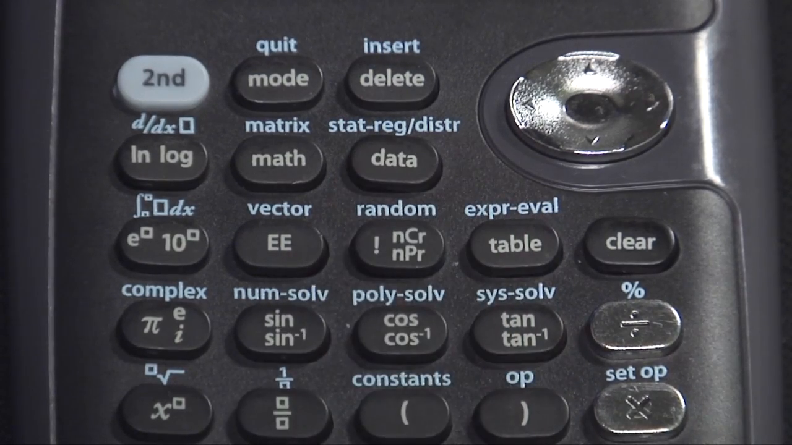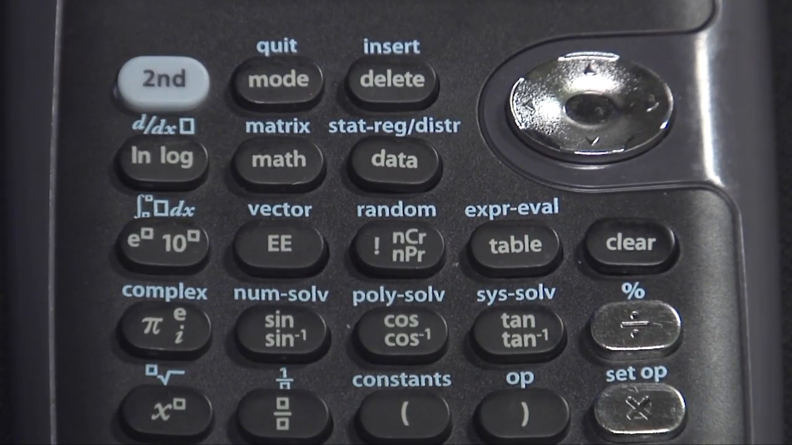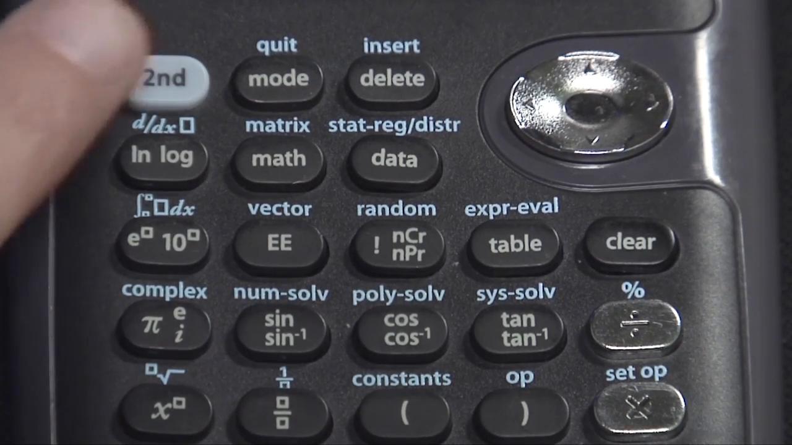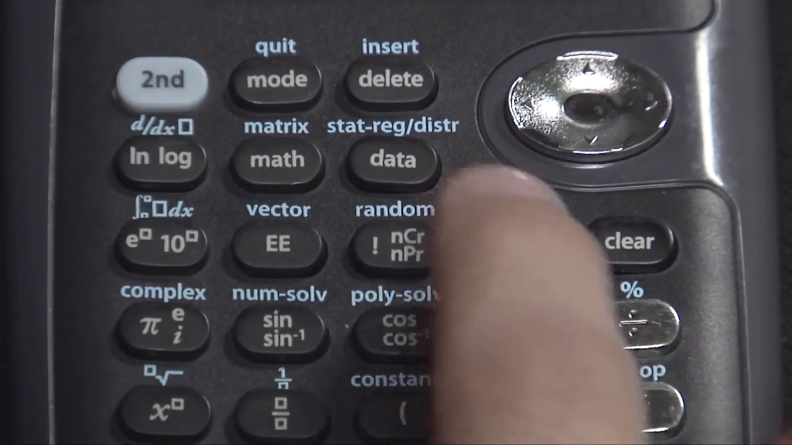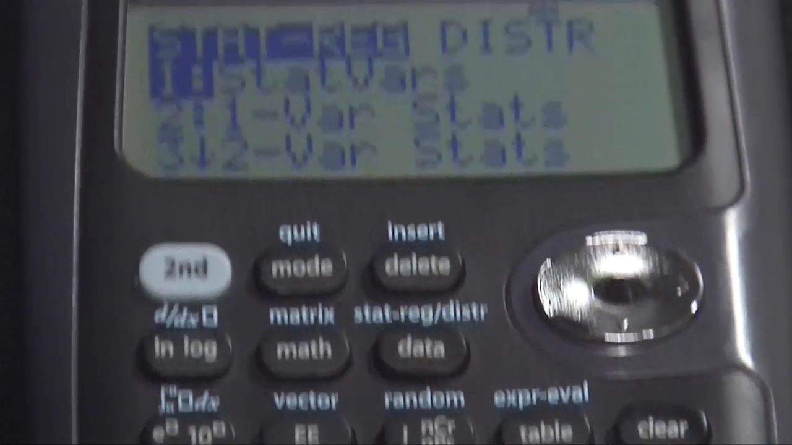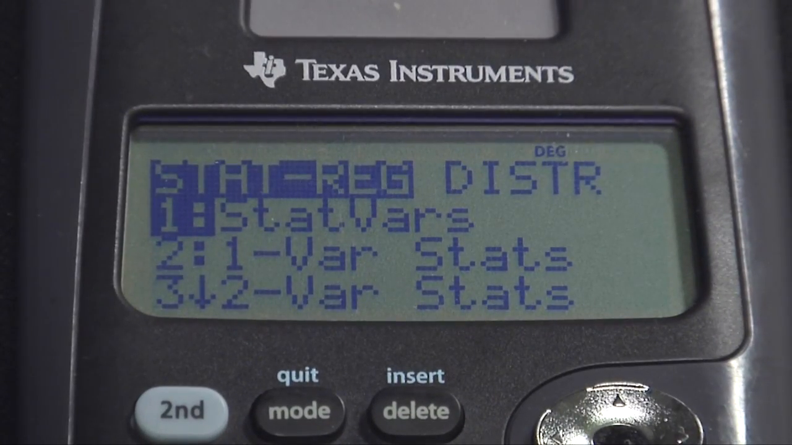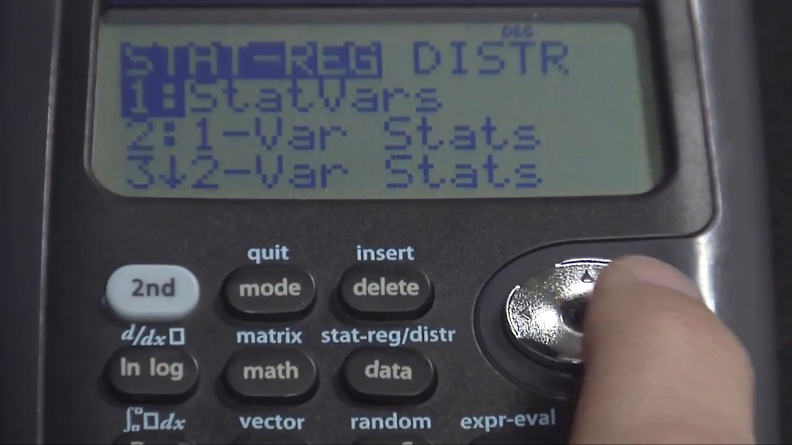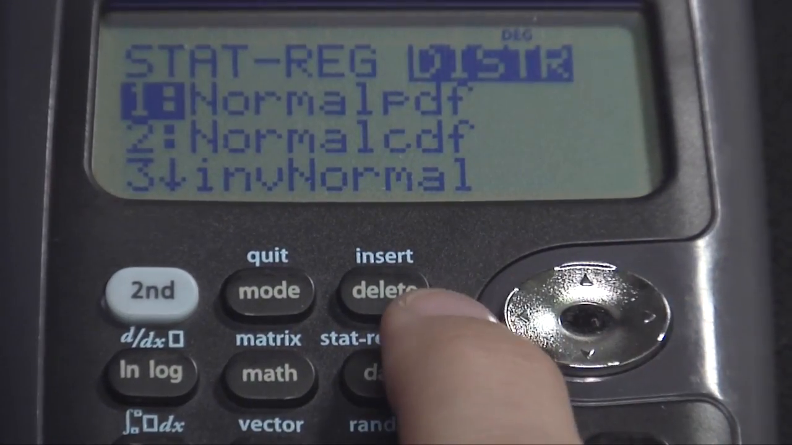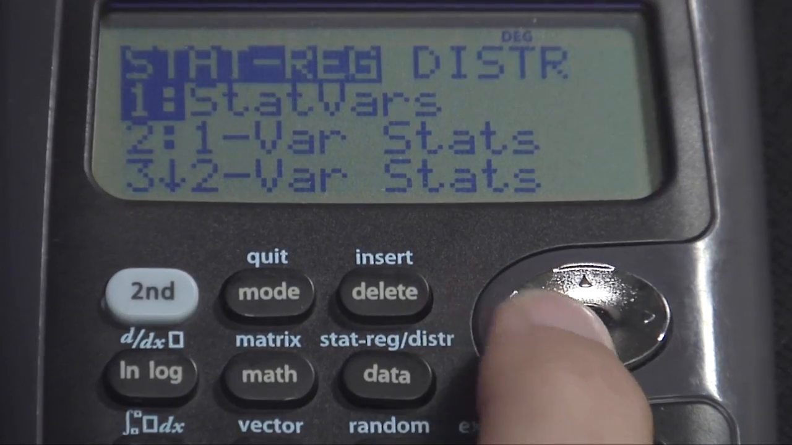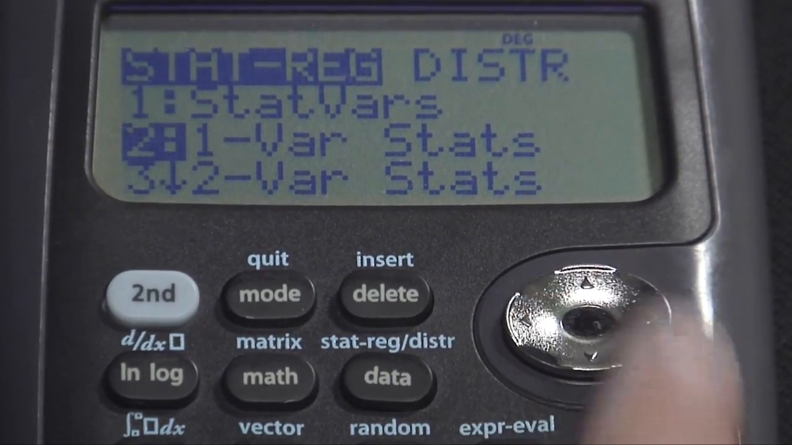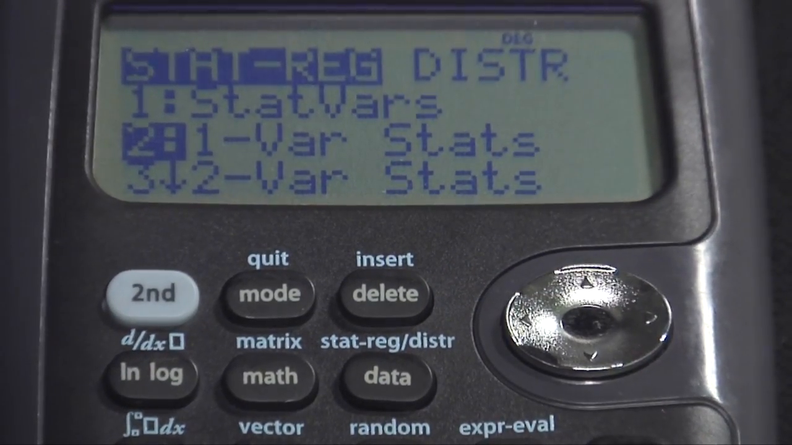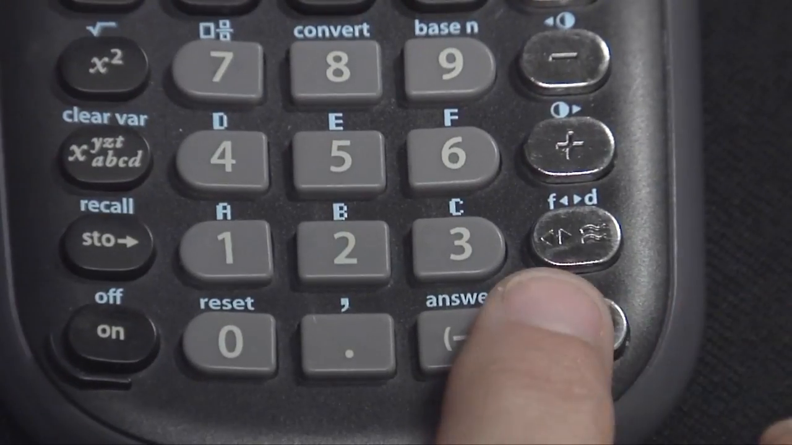Above the data button in blue, it says Stat, Reg, Distribution, Dist. So because that's in blue, I need to hit the blue button, which is second, and hit Data. When I do that, I've got a couple different options. I want to stay on the top left being highlighted instead of arrowing over to distribution. And I'm going to arrow down to 2, which is one variable statistics, and go ahead and hit Enter